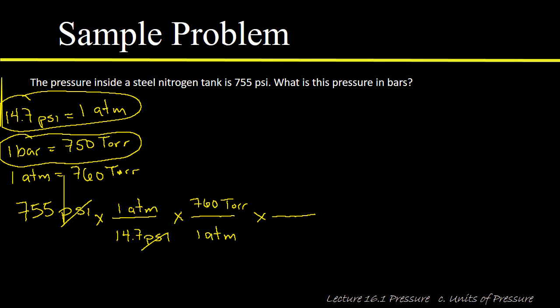And again, we want torr to cancel, so we'll put torr on the bottom. 750 torr is equal to 1 bar. Okay. Look at our units. Our atmospheres cancel. Our torr cancel. And that should give us our result in bars. If we run through the calculation, put those numbers in our calculator, we end up with